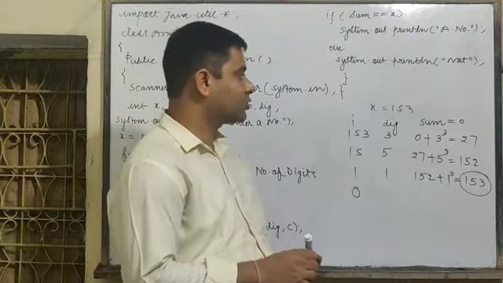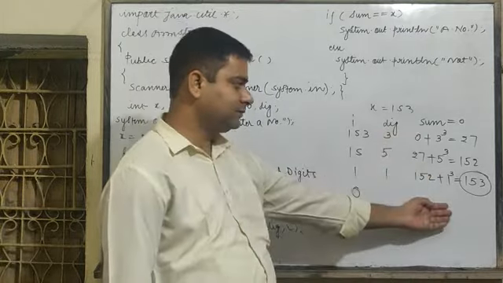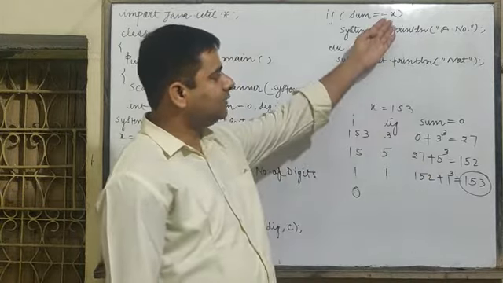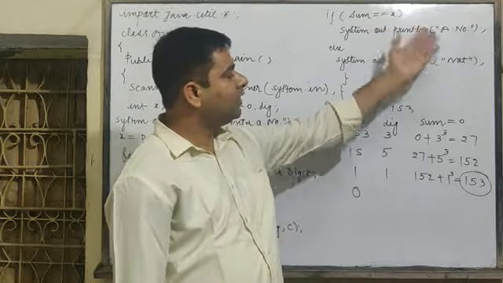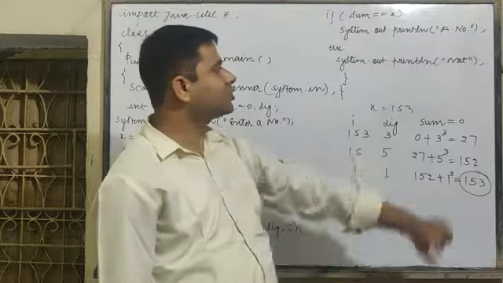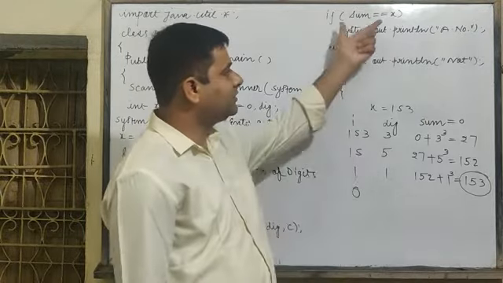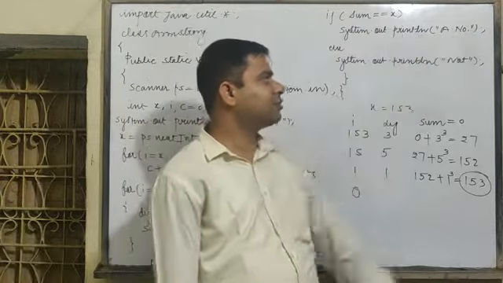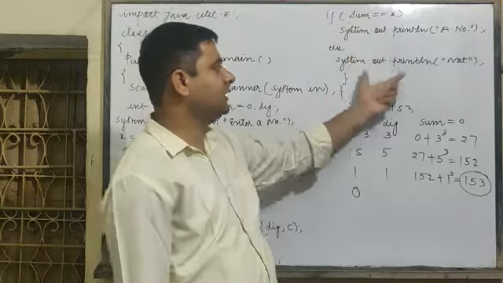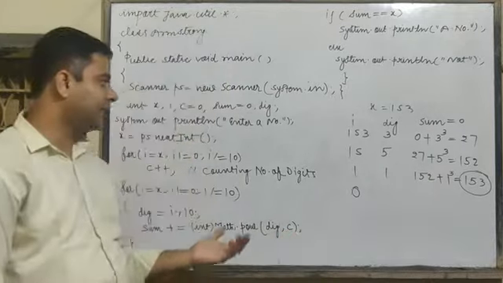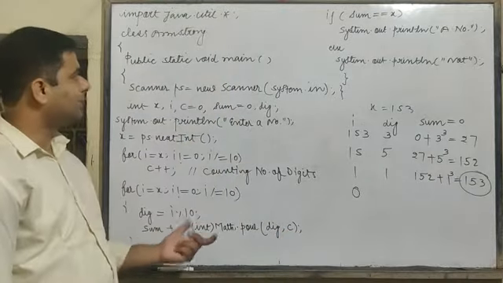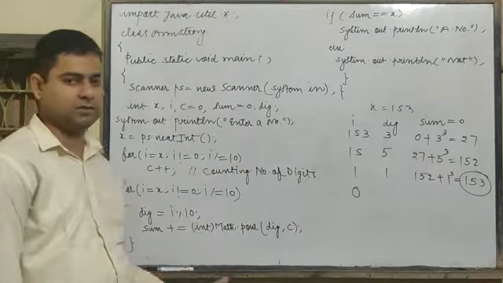So what we are doing here, after finishing this code, this is the closing element of this loop. It will compare if sum equals to x. Sum is storing the sum, and x is holding the original number. Okay, this is holding the original value. So if sum equals to x, it will compare. If this condition is true, it will print Armstrong number. If this condition is false, it will print not an Armstrong number. So this is the program code for checking a number to be an Armstrong number or not.